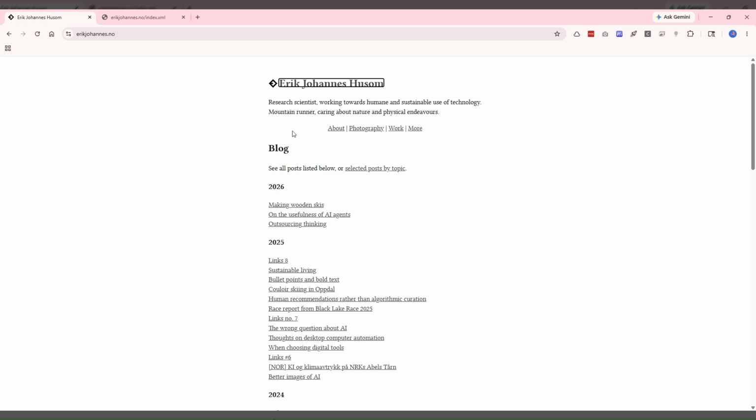Hello, let's learn some HTML by proving this site, erikjohannes.no. I thought this was a very good example of a good HTML site that looks like it's built by the user himself, who's not an actual developer but has done a decent job in creating this HTML, right? So, in order to look at the structure, let's first go to